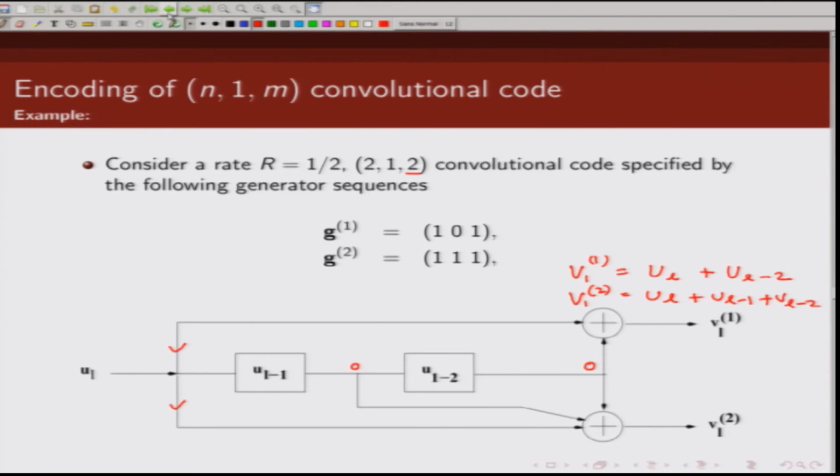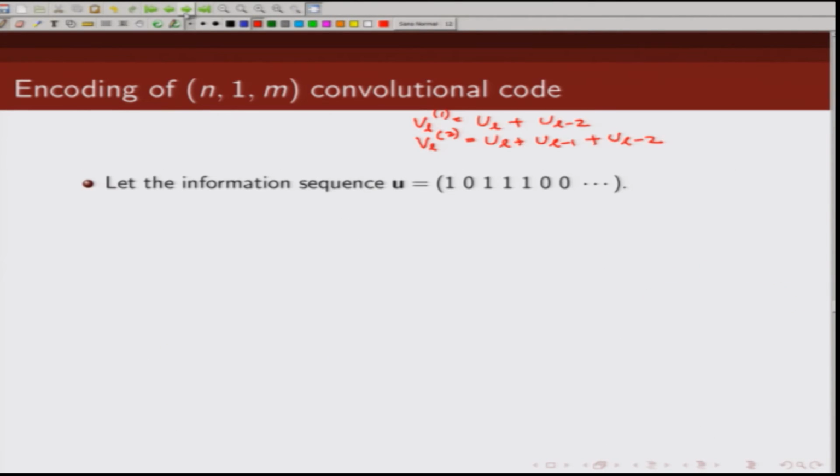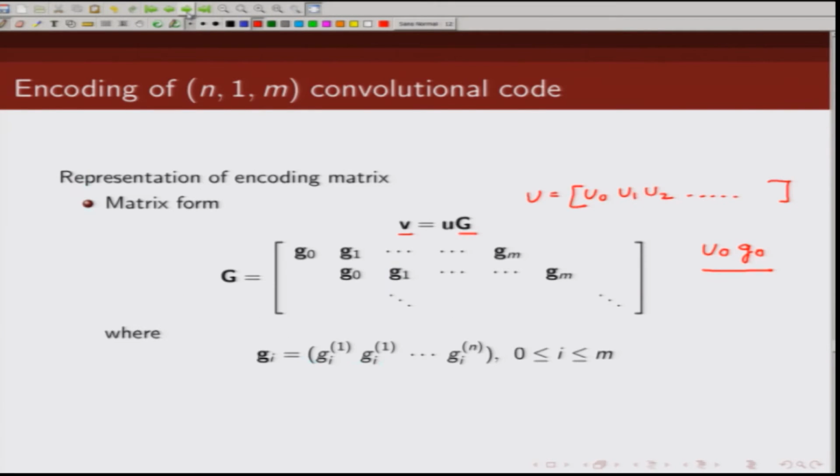Now, whatever U0 you had, now that U0 has moved here, correct, and a new bit which is U1 has come here, U1. So, what is the output at this time? It is U1 times G0 plus U0 times G1. So, I can write in the second time instance my output is given by U1 times G0 plus U0 times G1,